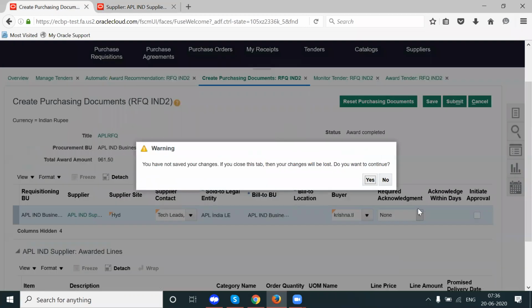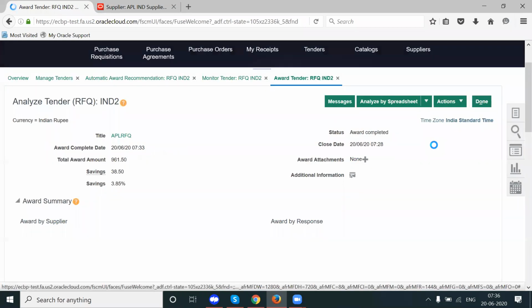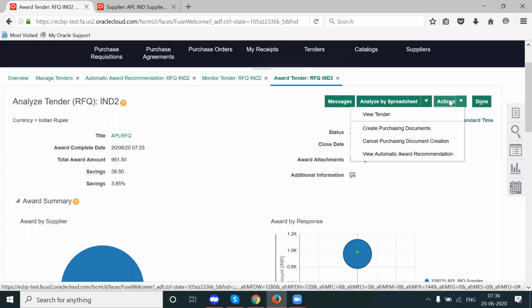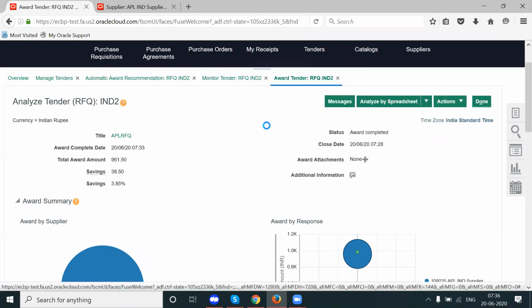I'm canceling this page. Go to actions and create purchasing document.